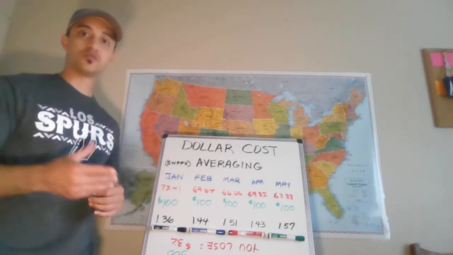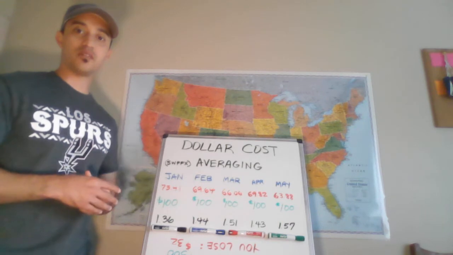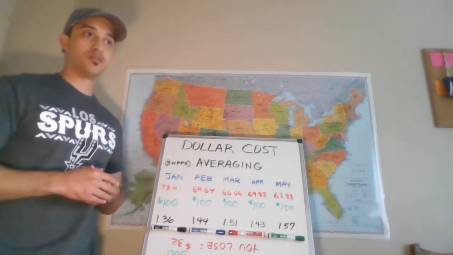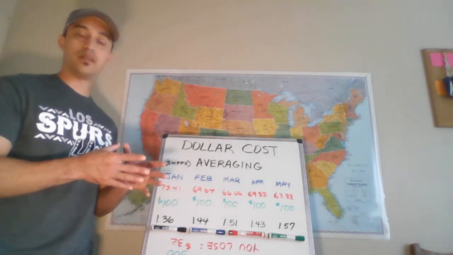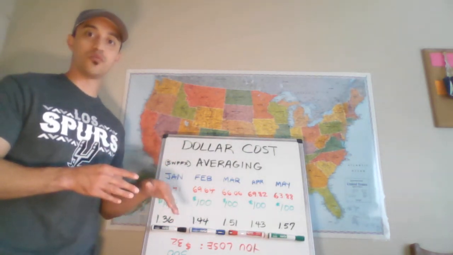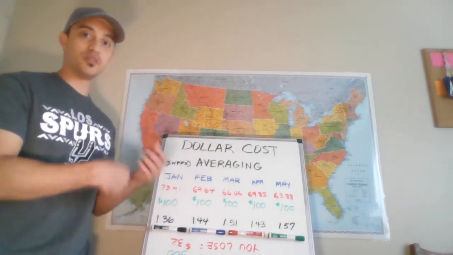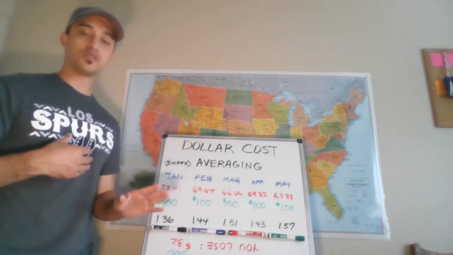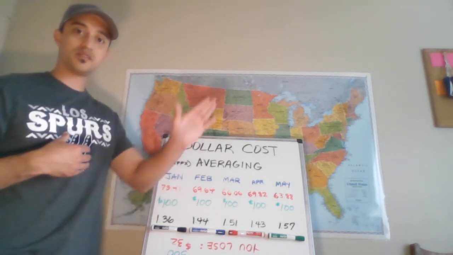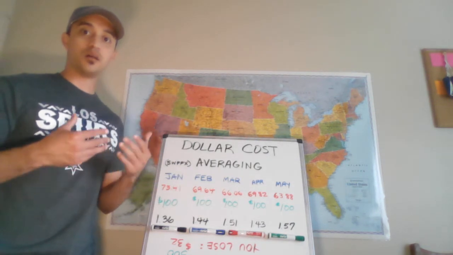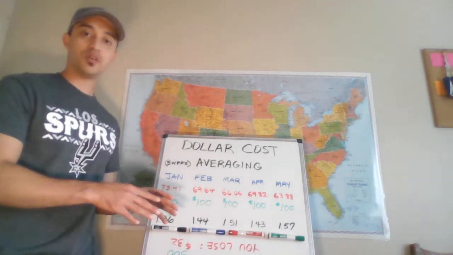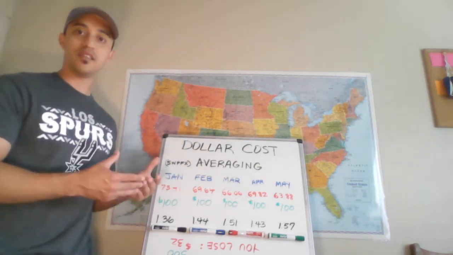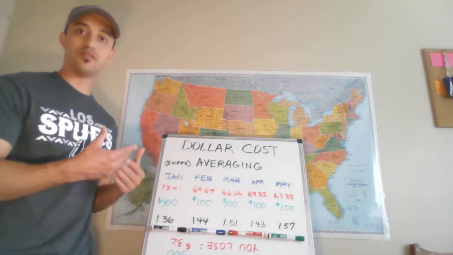It's just like if you go to the store and you see a discount, like if you go to Costco, for example, and you're like, hey, I really need this one item and it's at a discount right now. It's at a really cheap price. So you buy a bunch of it and then you have all that stuff and then all of a sudden the price goes up, it skyrockets. And you're like, oh my gosh, I'm so glad I bought that stuff when it was cheap because now it's gone up in value. That's how dollar cost averaging works. That's the same effect that dollar cost averaging has on investing.